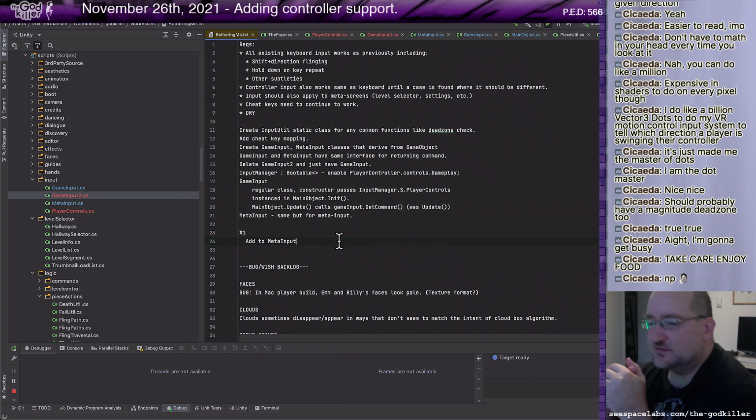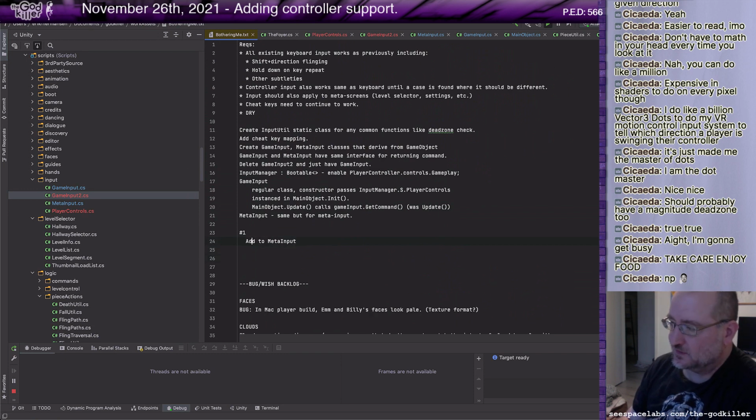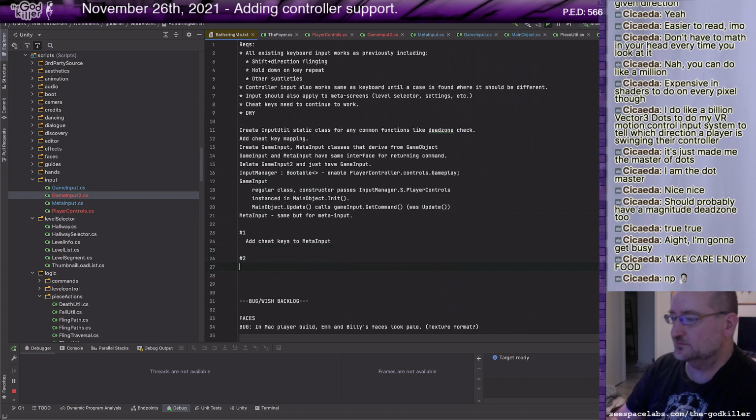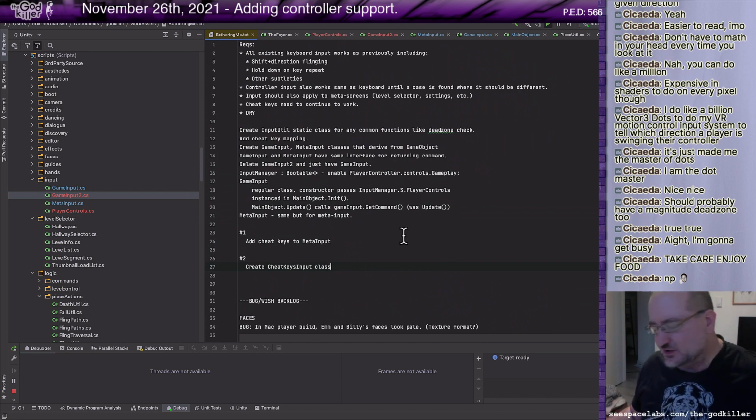So I could add a few more methods to it. Add cheat keys to meta input. Number 2. Create cheat keys input class. I think I've just got one cheat key right now.